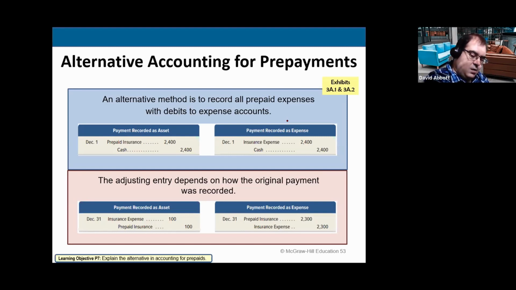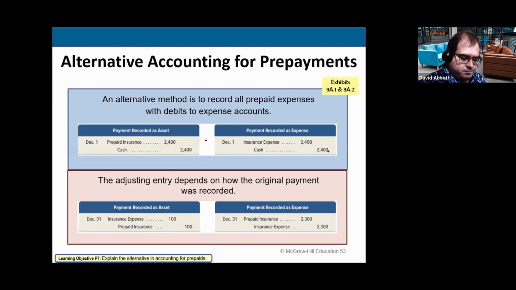These alternatives are shown on this slide in the first graphic. So we see here that they did prepaid insurance $2,400 and cash $2,400, because that's when they first purchased the insurance. They could have done it, instead of to prepaid, to insurance expense $2,400 and cash